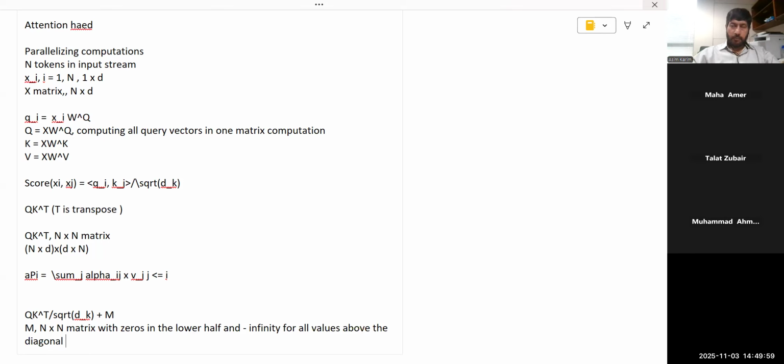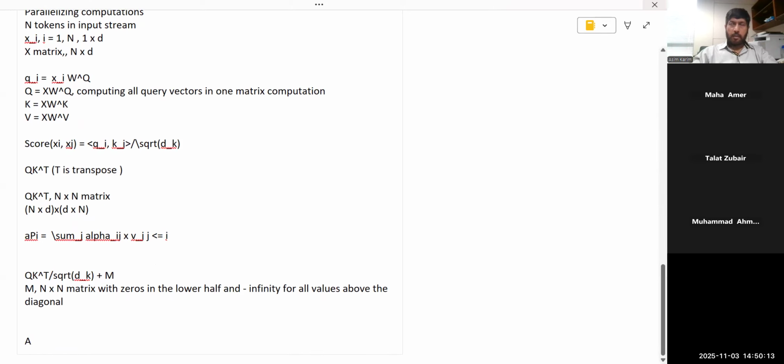अब इसके बाद जब मैं अपना अप्लाई करूंगा सॉफ्टमैक्स, now A, my alphas, which I call the matrix A, would now be the row-wise softmax of QK^T plus M. तो सारे अल्फाज मेरे पास इस मैट्रिक्स A में आ जाएंगे। एंड ऑब्वियसली इस मैट्रिक्स A में जो अपर डायगोनल वाली सारी वैल्यू जीरो होंगी। जब आप सॉफ्टमैक्स निकालेंगे एक रो का जिसमें रो में आगे अपर डायगोनल की वैल्यूज माइनस इन्फिनिटी है, वो सारी जीरोज हो जाएंगे।